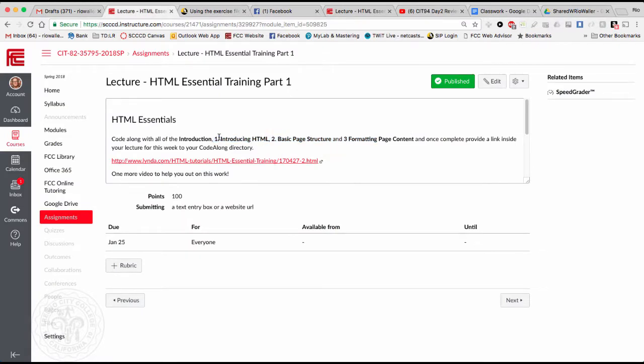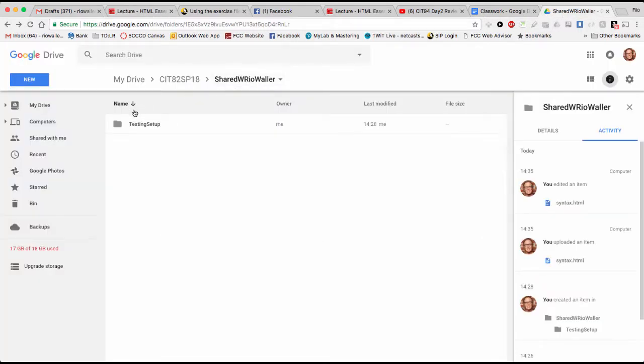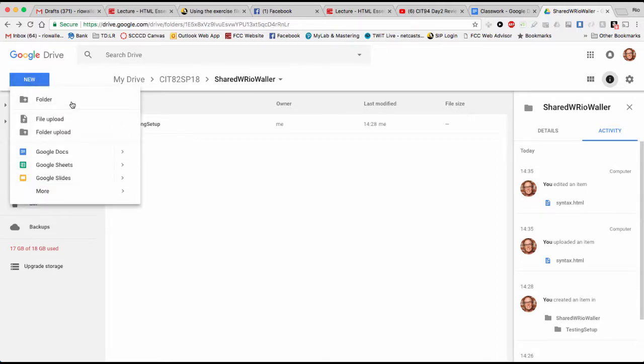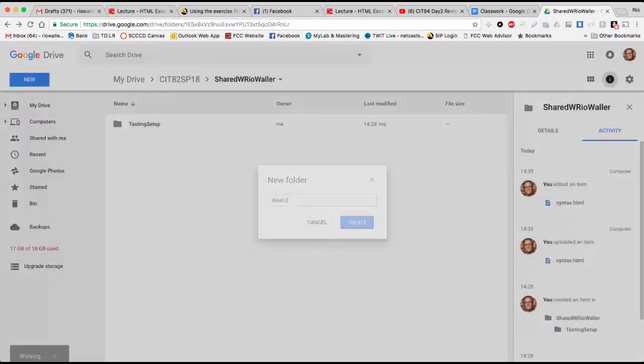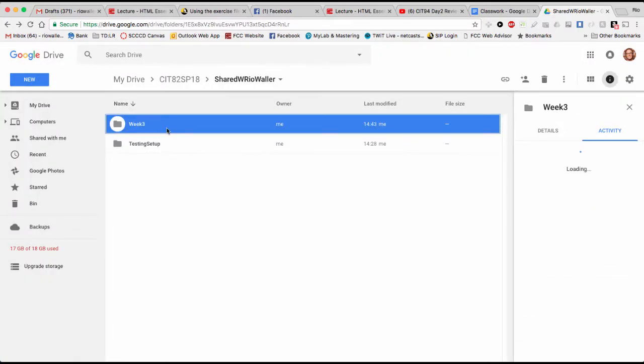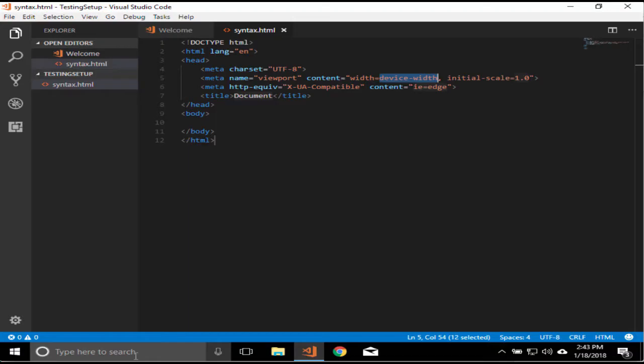So here's what I think works best. Up on your Google Drive, up in the shared with Rio, and I did this just to make sure it worked, and it does, I would create a new folder, and I would call this week 3. Okay, so now that week 3 is up there, once you have that set up, this is where you'll place all the files, but you don't actually physically move them. What you do, and I showed this in the video, so again, I definitely still recommend watching the videos,